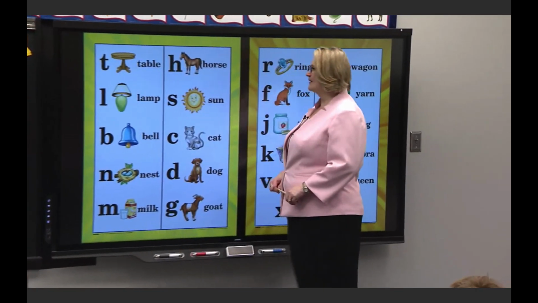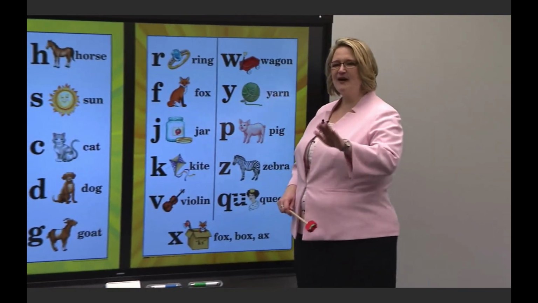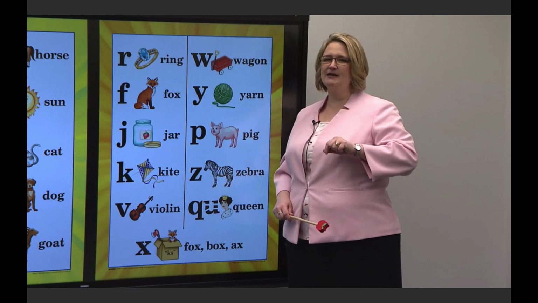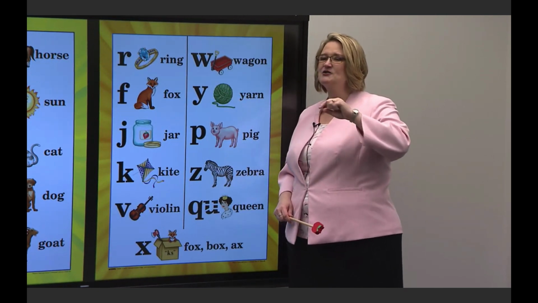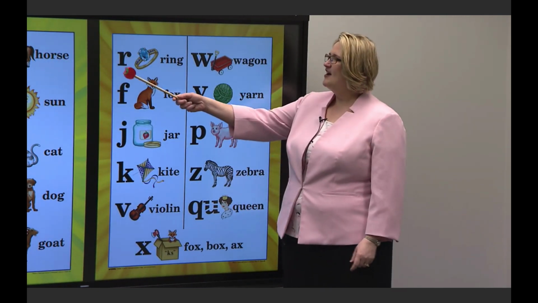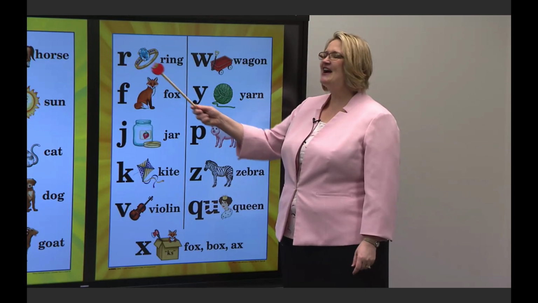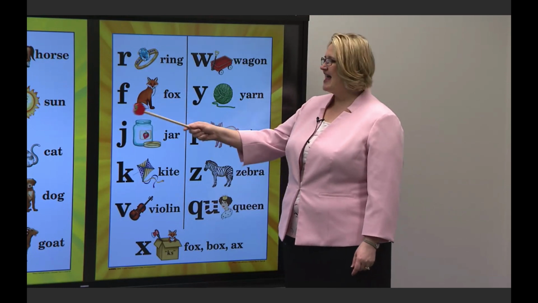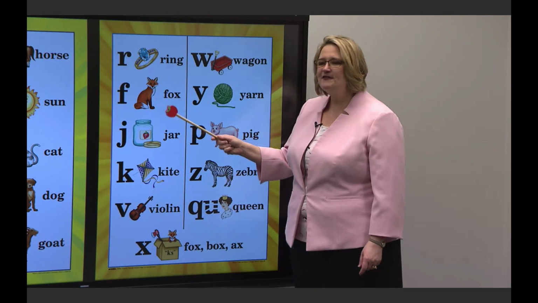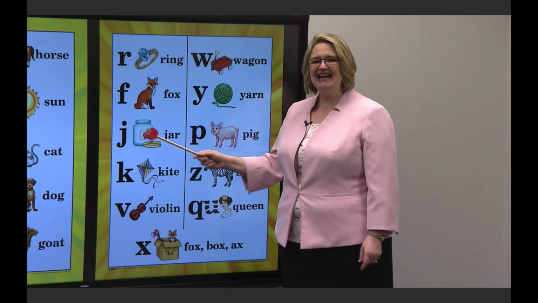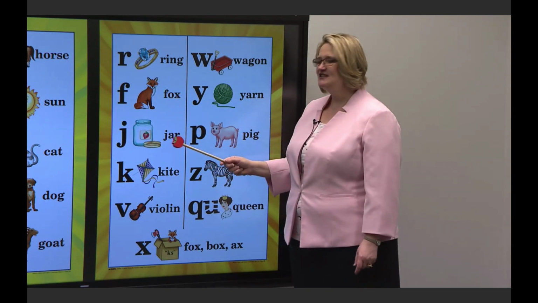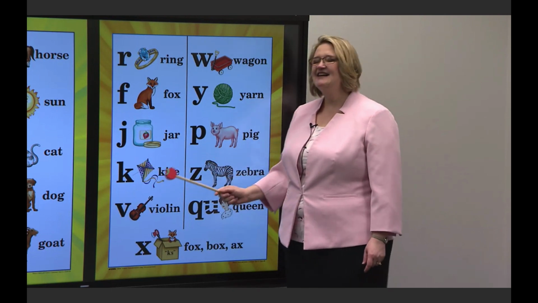So we have another side. And on this side, we're going to do it the same way. But I wonder who will be the most dependable? Students watching or students in our classroom? Begin. R, ring, F, fox, J, jar, K, cake, kite,